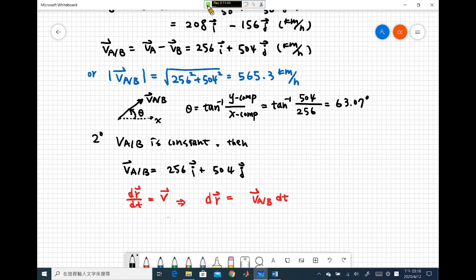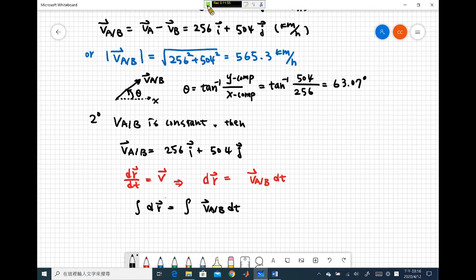And then we put the integral on both sides, from 0 to t. It will be from r0 to current r. So your current position of A relative to B will be this VA relative to B times t plus r0. Okay,